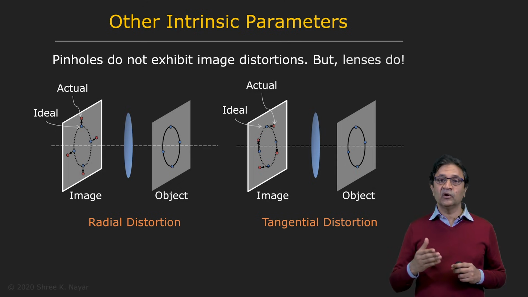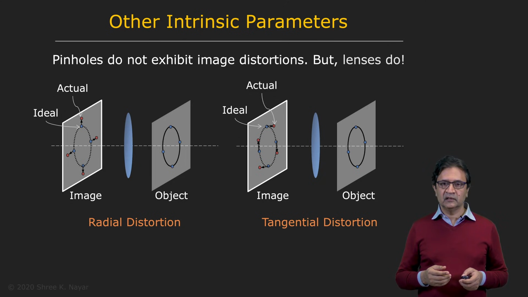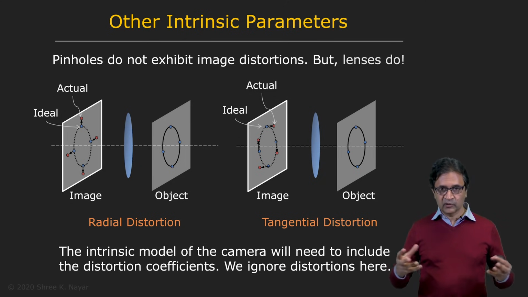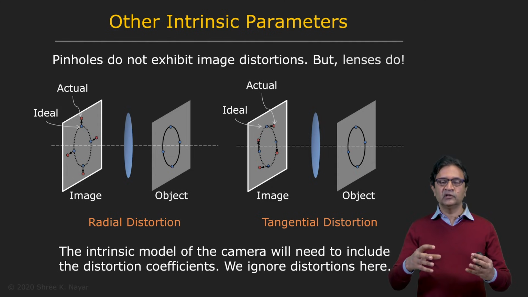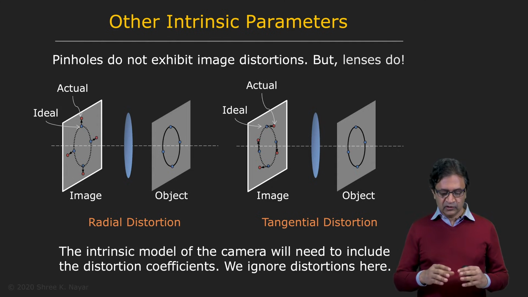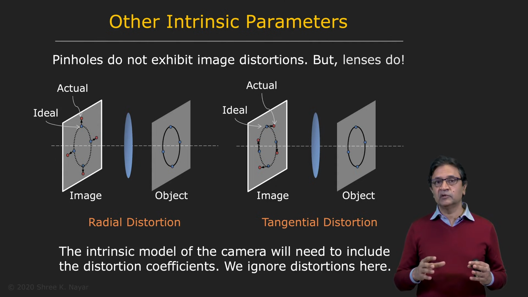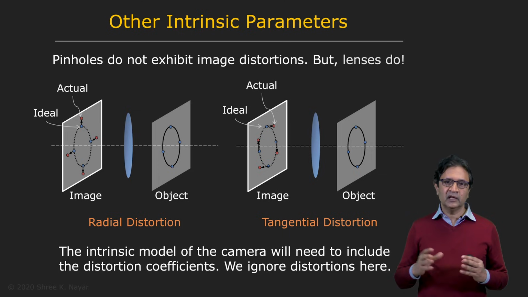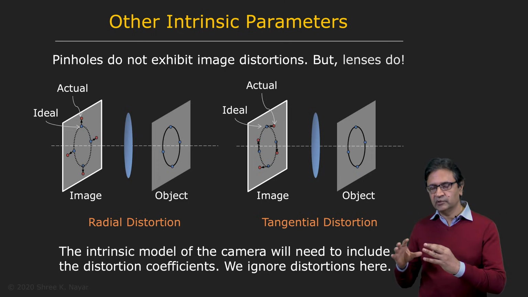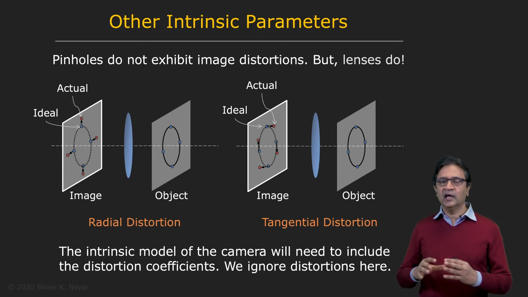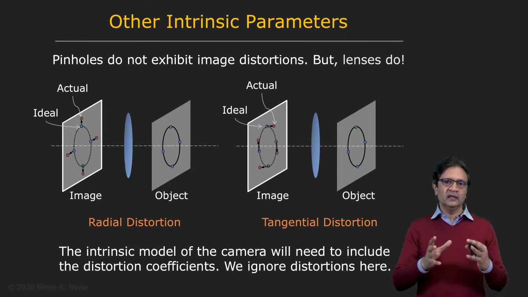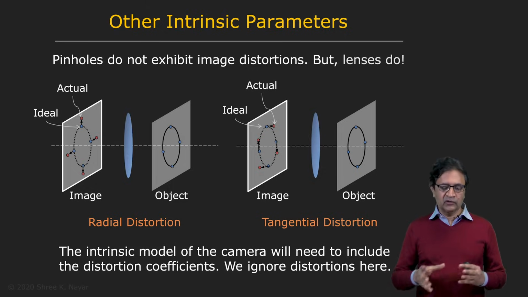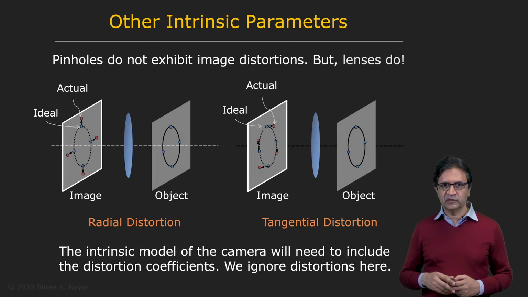These tend to be nonlinear effects, and the way that you would actually take care of them or incorporate them is either throwing in more parameters into our model, our camera model, to accommodate for these distortions. But generally speaking, that makes the camera model nonlinear. Another way to do this is that you calibrate for these kinds of distortions a priori, separate that out, and then you have a linearized camera model, and then use that to perform the calibration that we just described.